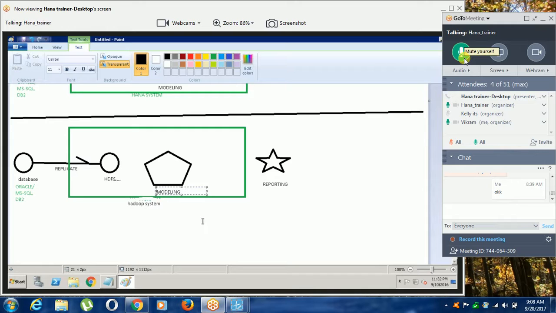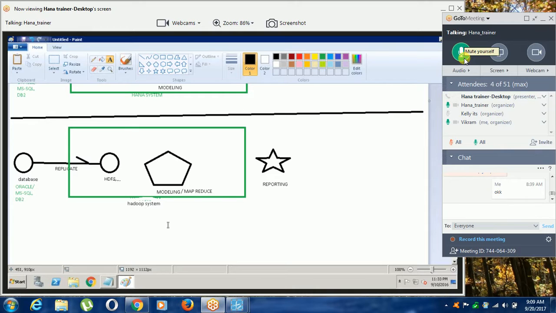The modeling part of Hadoop is called MapReduce. That's it. So this is a Hadoop model.